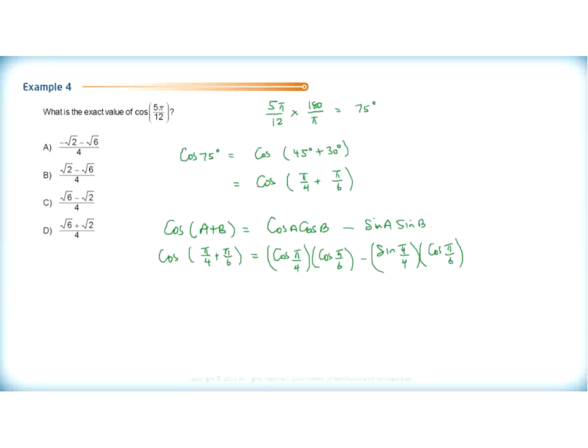Again, we need to be able to find the exact values of each of these now. You should remember that cosine pi over 4 is root 2 over 2. Cosine of pi over 6 is the same as 30 degrees. Sorry, with a reference angle of 30 degrees, the point is root 3 over 2 and a half, so we got root 3 over 2. Subtract the sine of pi over 4, which is again root 2 over 2, and the cosine of pi over 6,